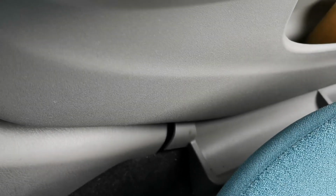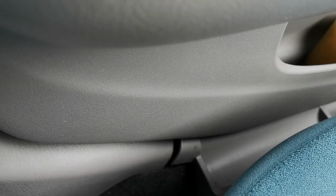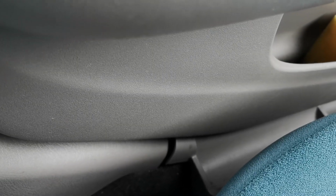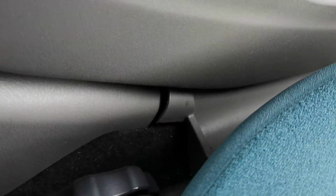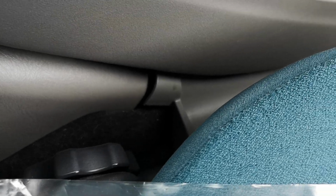Something else you have, which you can't see with the door closed, actually you can, is on each side this weird little receptacle on the side of the door, possibly for catching coins that may fall out of your pocket, but also can be used for storage. But you can see there the trim actually coming away, and that's something that happened quite early on